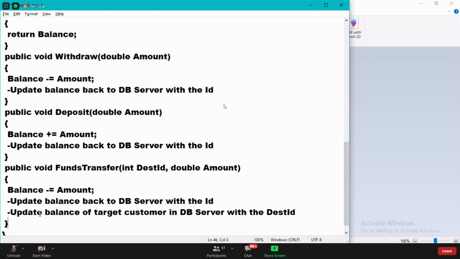Because the instance is created on the application server. Where is the client? The client is sitting on the ATM machine. Same computer or different computer? Different computer. You put the food at your home, and you come to office, how can you eat that, guys?